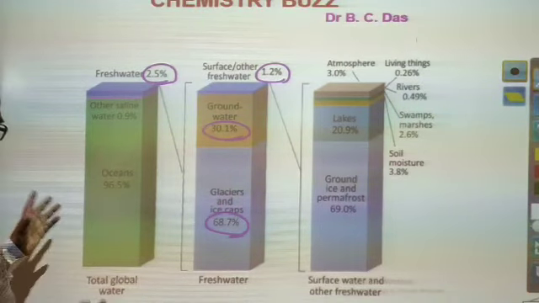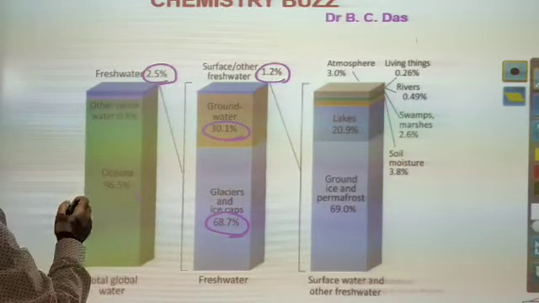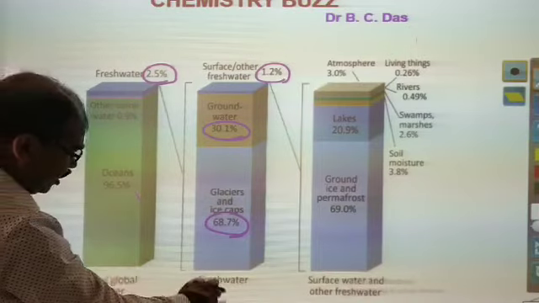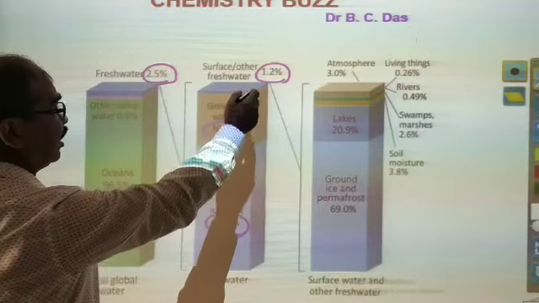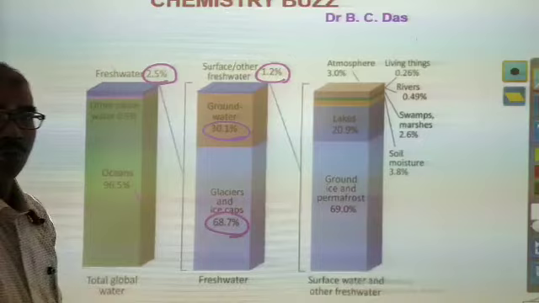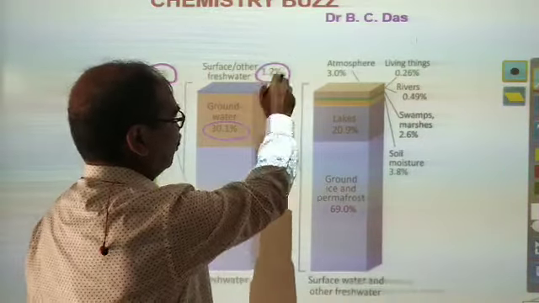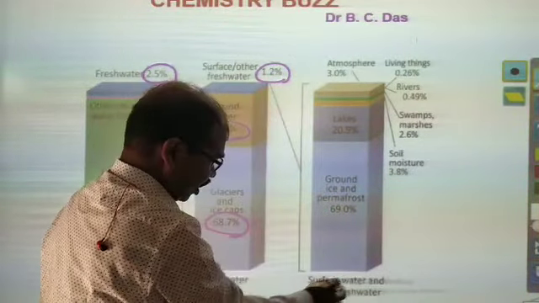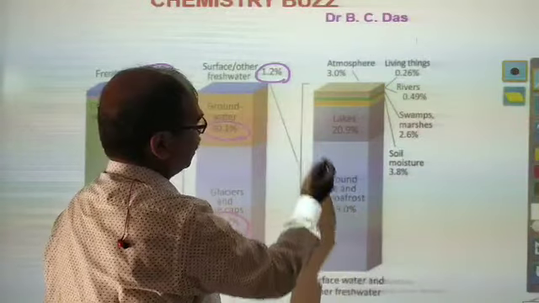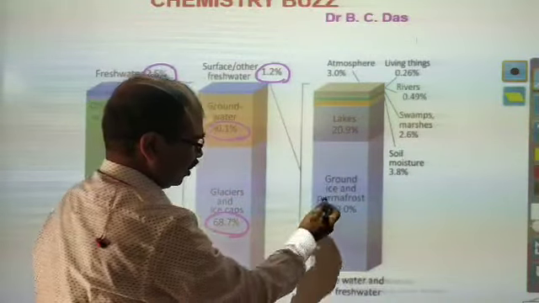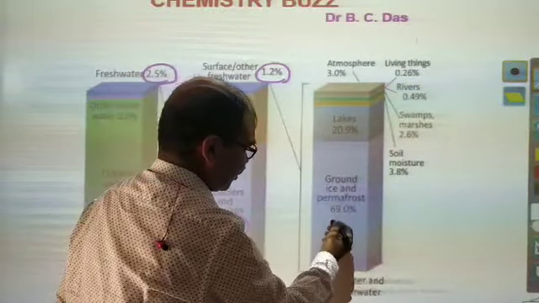So you see, out of 100% it is 2.5%, and out of that 2.5% it is made 100%, and this is only 1.2%. Again, that 1.2% of surface water and other fresh water is distributed as follows: ground ice and permafrost